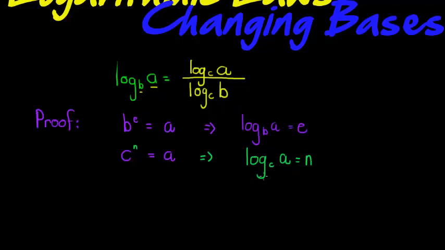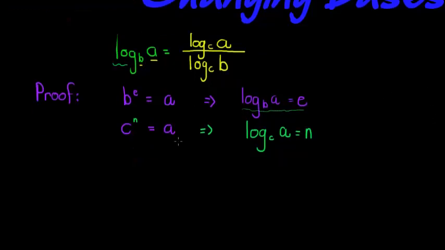Now what I'm going to do is find an expression for this in terms of this n and that e. So let me start by saying the following. Since we know that b to the power of e gives me the same answer as c to the power of n,